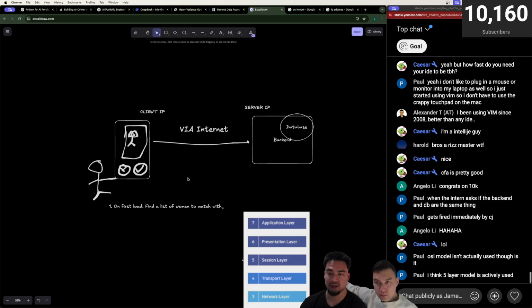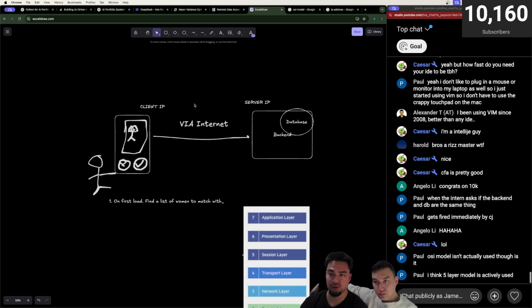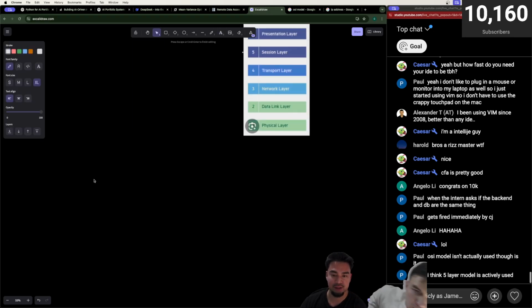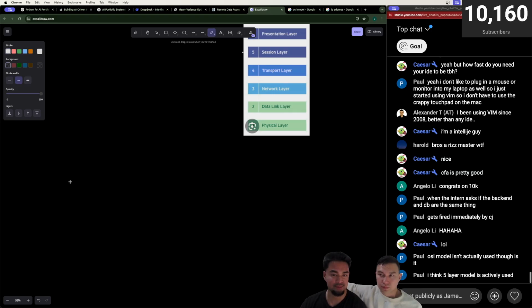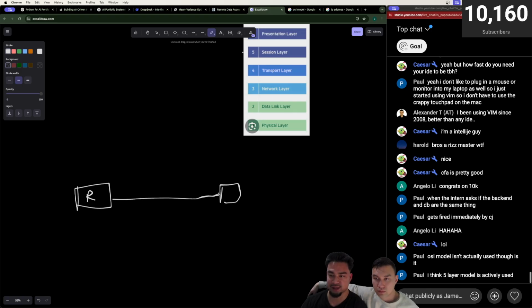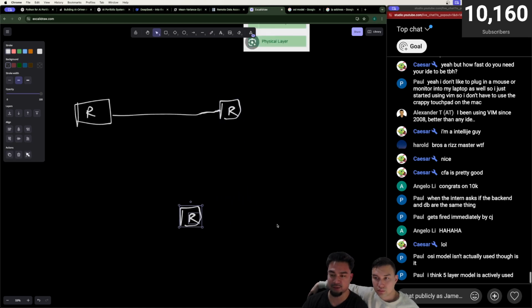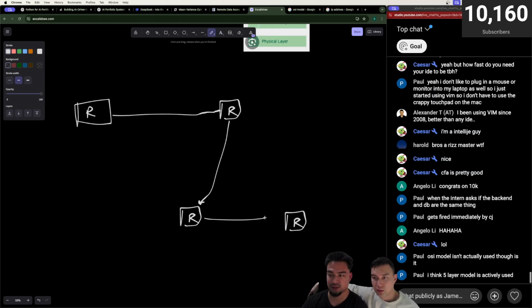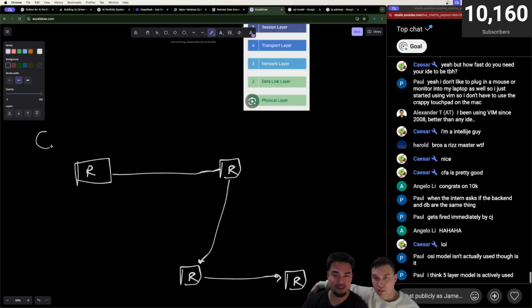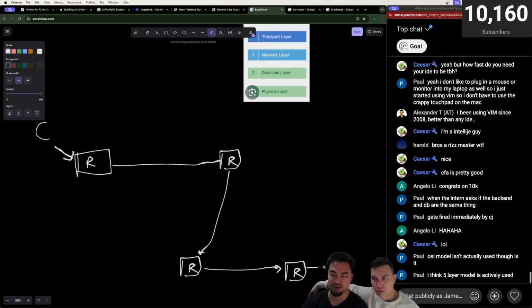When you have an IP address, this is what happens. At a simple level, the internet is built from a bunch of routers connected to other routers, connected to other routers. Routers are how traffic is sent across the internet. You've heard of routers before. Pretend this is my client. I talk to my router, and that router's job is to route it to eventually the server.